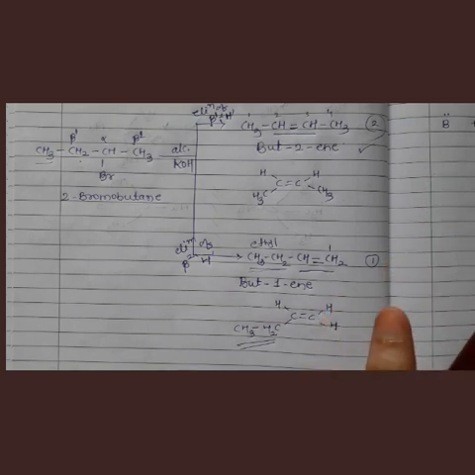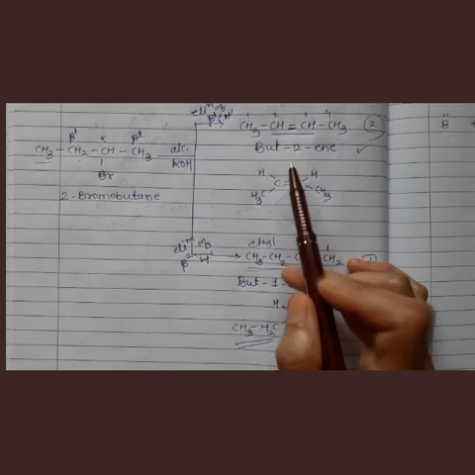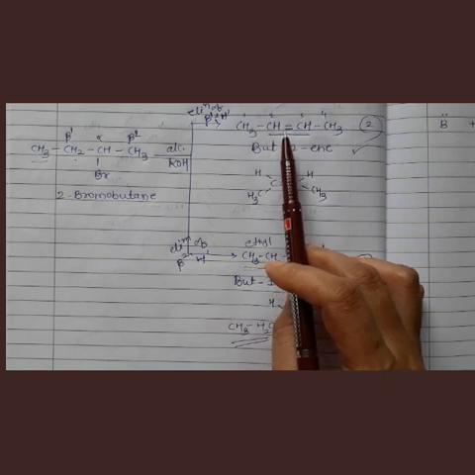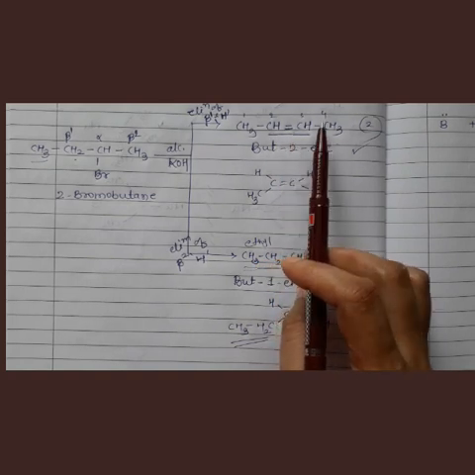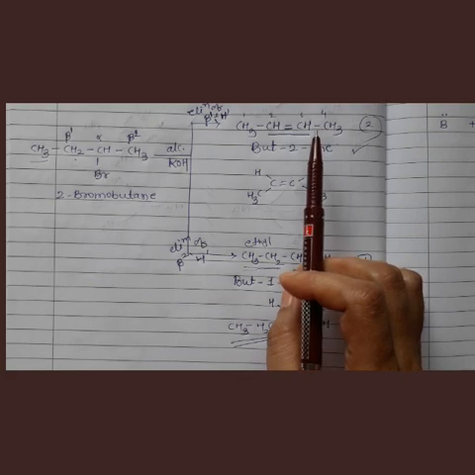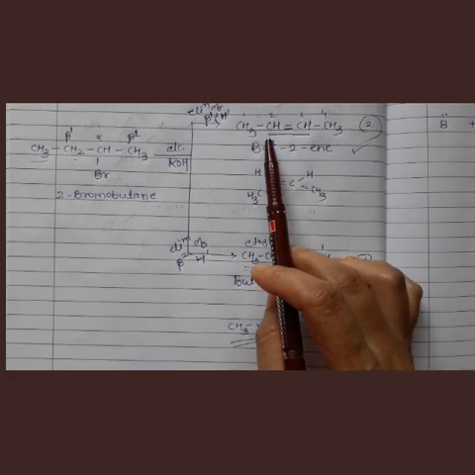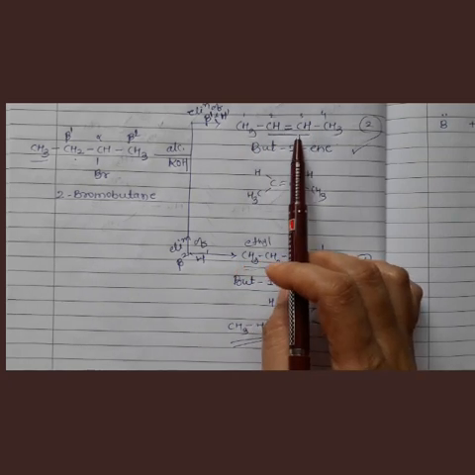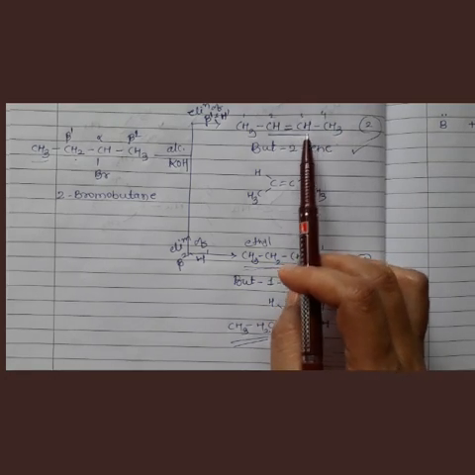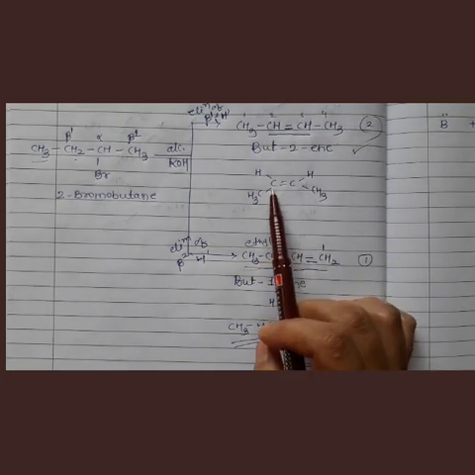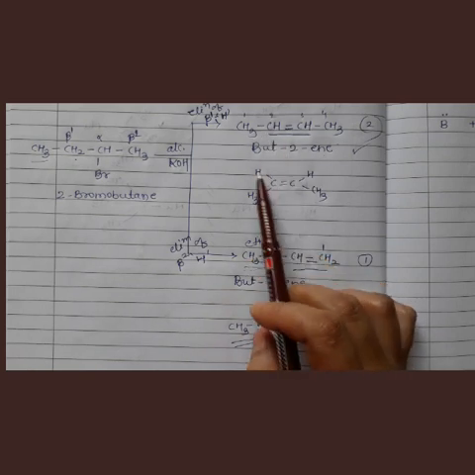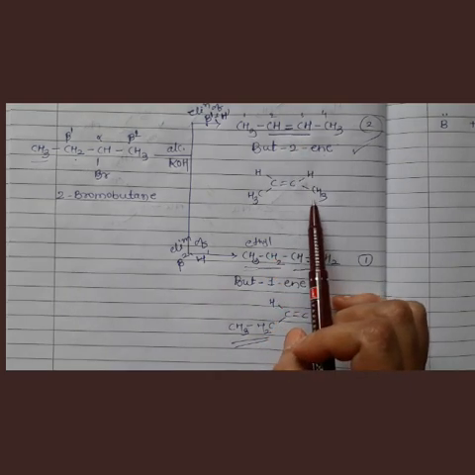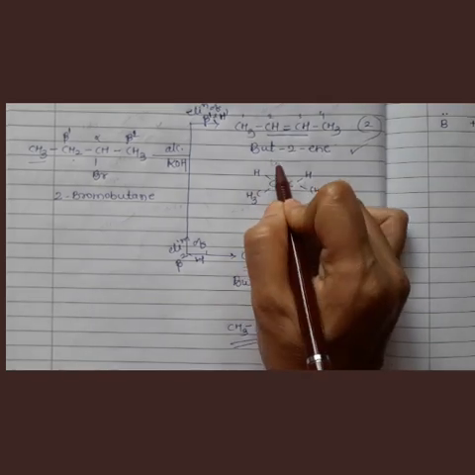That product is considered as most preferred product in which, see this carbon-carbon double bond is there. To this doubly bonded carbon atom, if the number of alkyl groups is greater, then that product is considered as most preferred product. Means what? See this carbon-carbon double bond is there. To this carbon atom, one alkyl group is there. To this carbon atom, one alkyl group is attached. This structure can be written in this way also: carbon-carbon double bond. On this carbon atom, one hydrogen atom is there and one alkyl group is there. On this carbon atom, one hydrogen, one alkyl. So they both are the same.